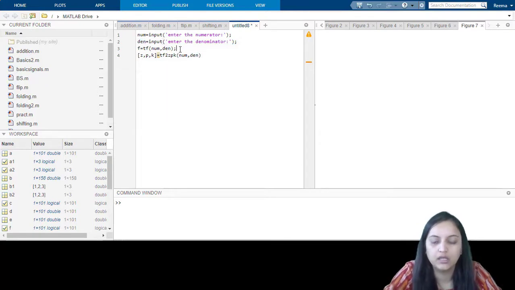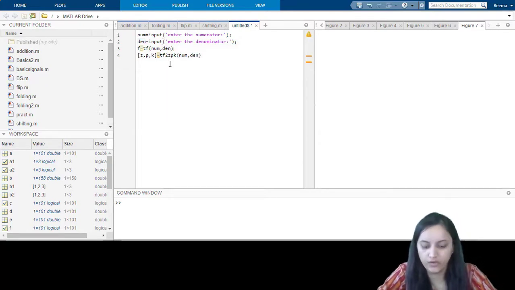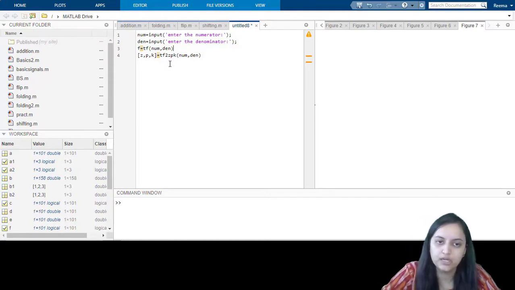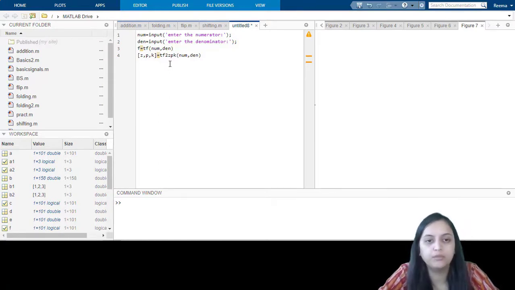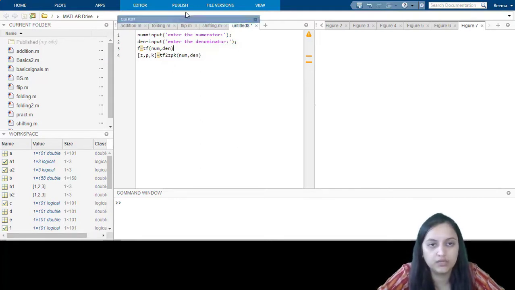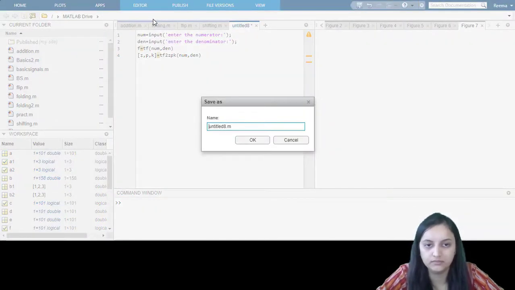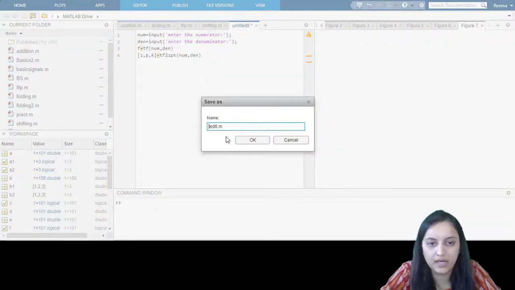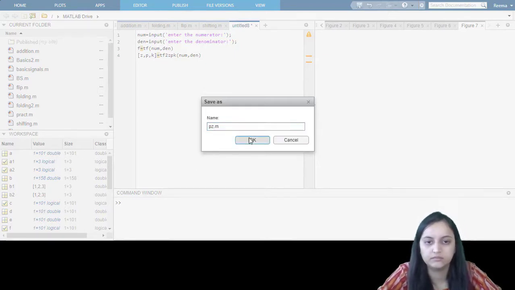That means we need to obtain the transfer function from the user and we need to obtain the zeros and poles from the MATLAB. So this function is used. Let us see how it will generate the output. Give the title as poles and zeros.